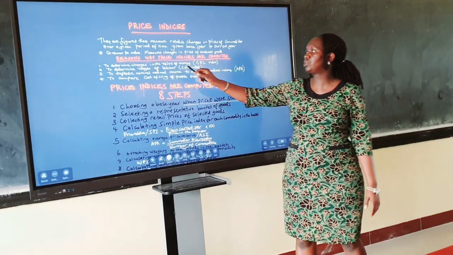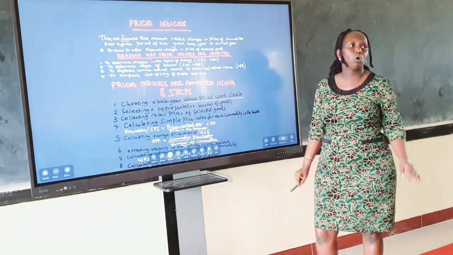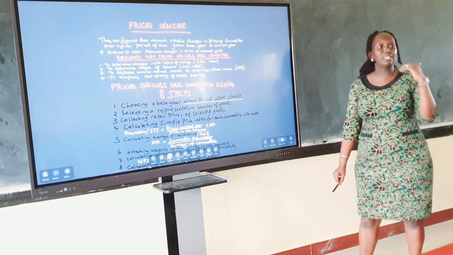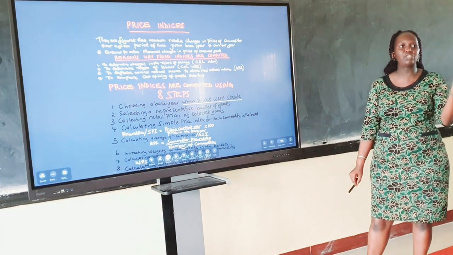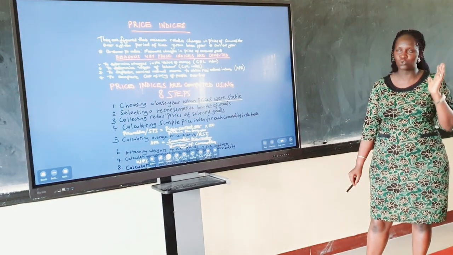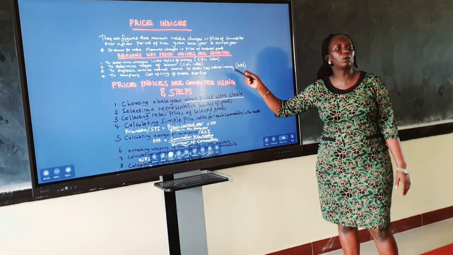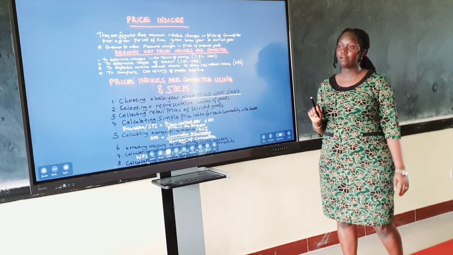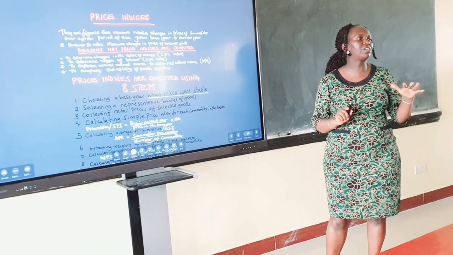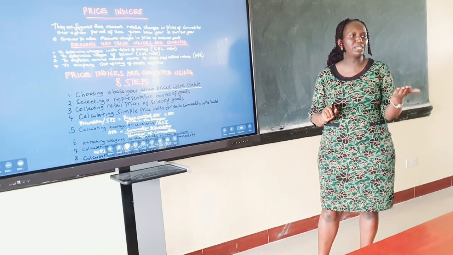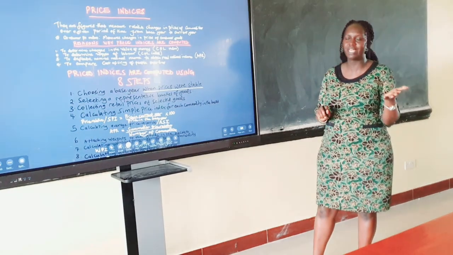Number two, it's used to determine the wages of labor. So when the cost of living index is high, as represented by the average price relative, then it means that bosses should increase the wages they pay to labor. However, when the cost of living index is low, it may not be necessary for bosses to increase the wages